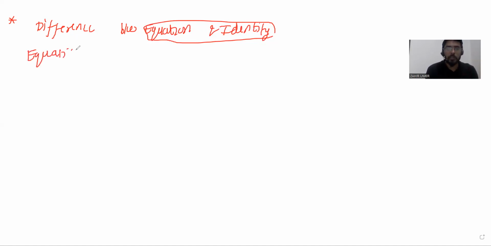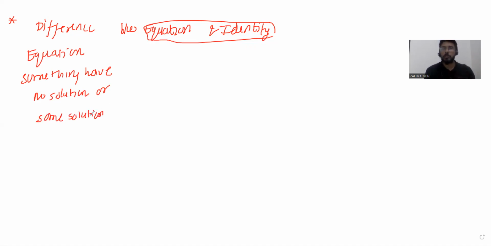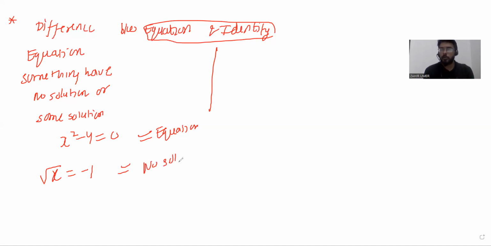An equation is something having no solution or some solution. But in case of an identity, something else. For example, the equation x square minus 4 is equal to 0 is clearly an equation because it is satisfied by only two values of x. It is clearly an equation because it has only some solutions. In case of an identity, for example, x plus 3 raised to the power 2